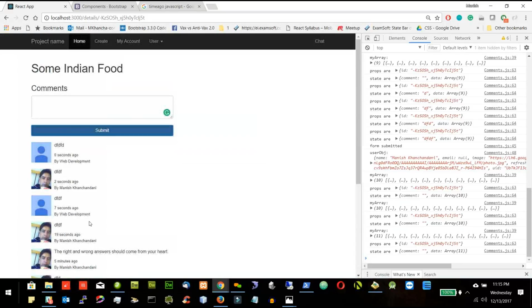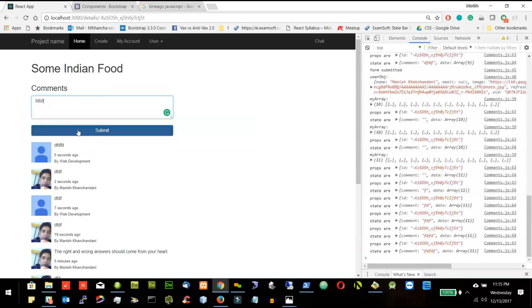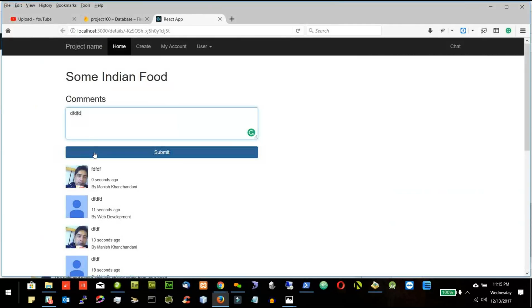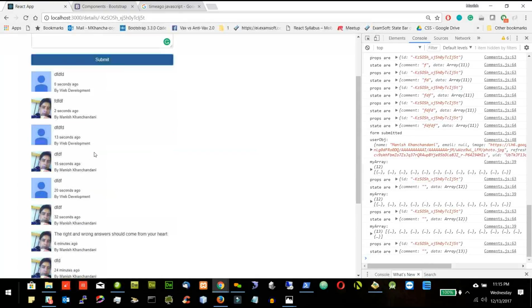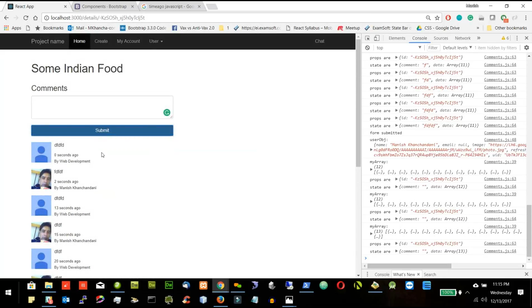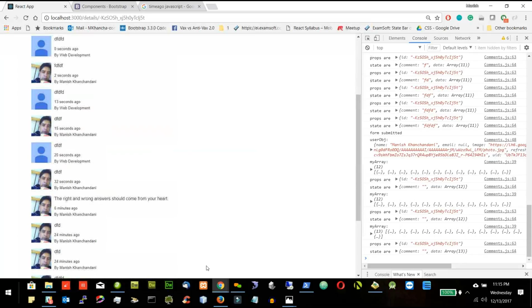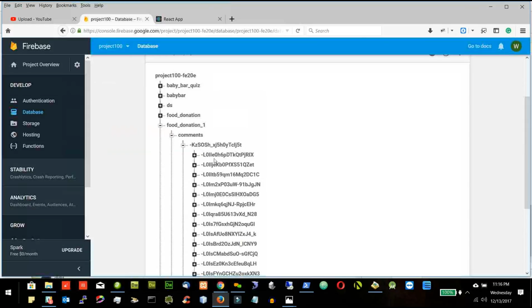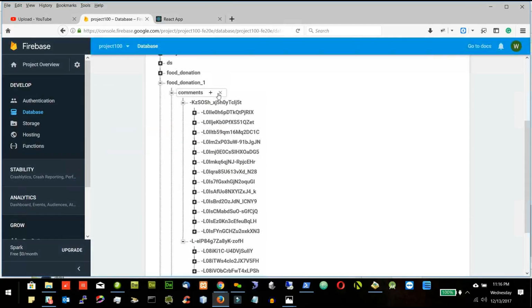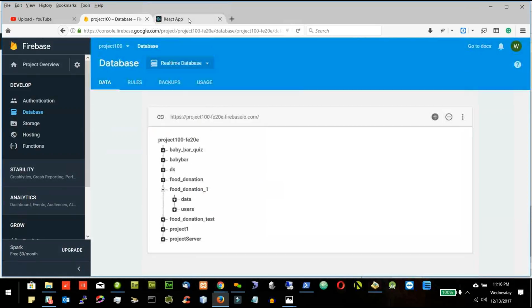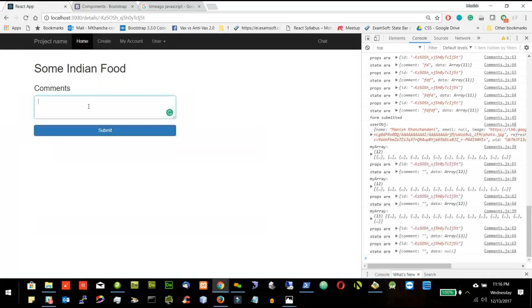Why did the second time your profile come alternately? I put it here alternately. Why is that? Because this goes by the time. So when you're typing something, why is your profile coming alternatively? Okay, maybe I'll show you. Let me delete it and then we'll see it again. Okay, it's gone. So now if I type something,